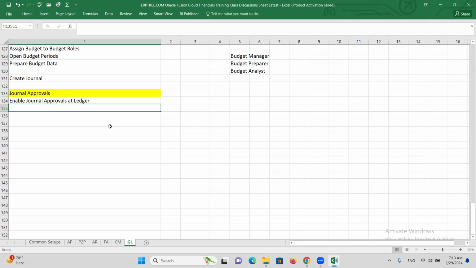Data may come from receivables. You may not require any approvals for the receivables-related data. But the journals which you are creating in the GL, maybe you are directly creating within the GL, approvals may be required. So for which sources you need these journal approvals, you have to set at source level. Let's take the point as enable journal approvals